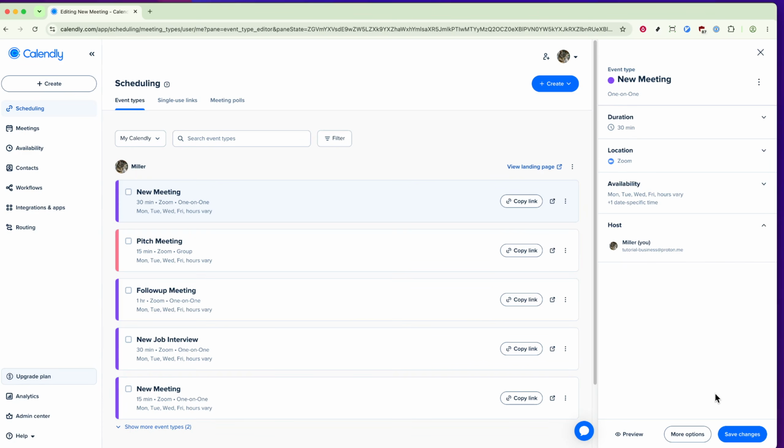Once you've made all your adjustments, it's time to save your changes. Look for the Save Changes button, which is usually located at the bottom of the editing menu, and click it. This will instantly update your event with all the changes you just made. And that's it. You've successfully edited your Calendly event. You now know how to update the event name, adjust the duration, select the location, modify your availability, and assign